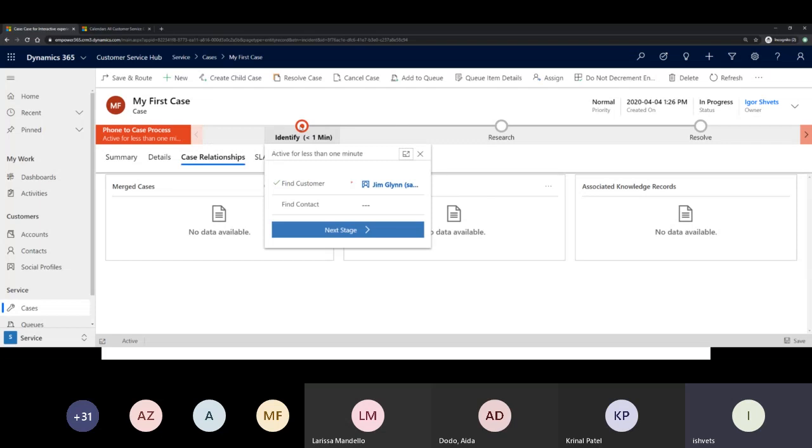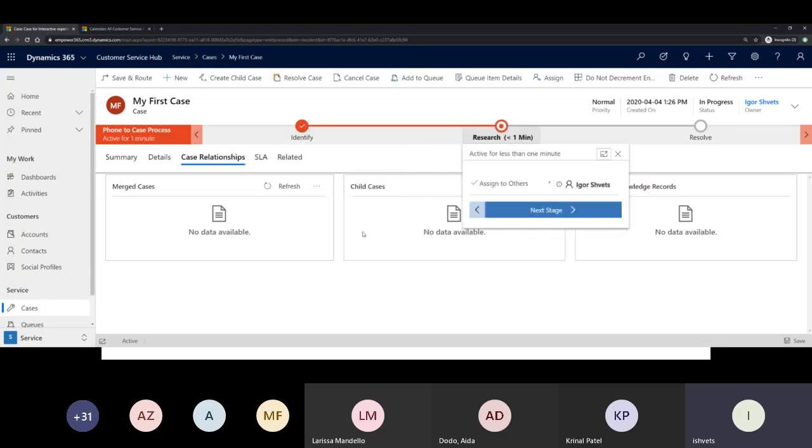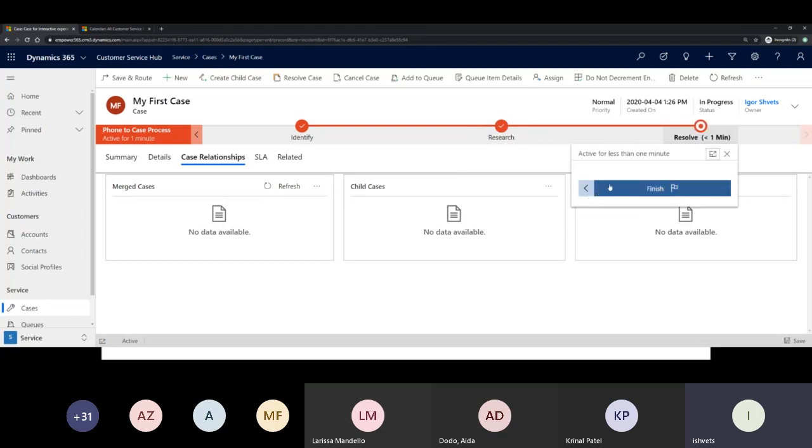Okay, here on top, what you have, it's the standard suggested procedure, business process flow of how you would go about completing the service request, right? You would find the customer, you would find the contact associated with this customer. We would go to the next stage. You would assign it to others if necessary. Then you can go to the next stage, and you would finish, right? You could resolve it, or